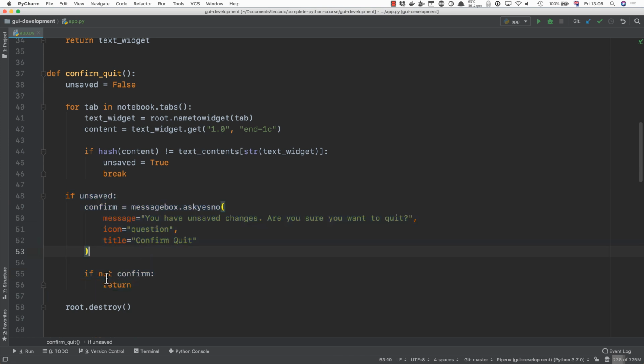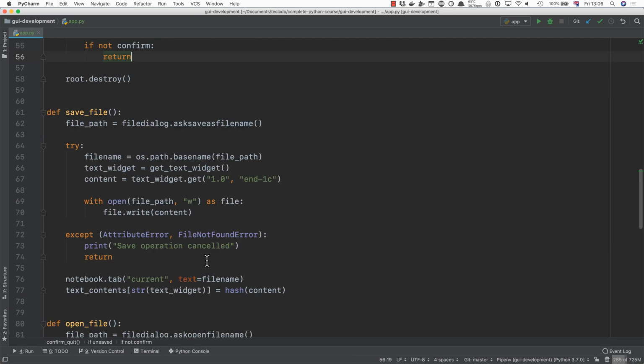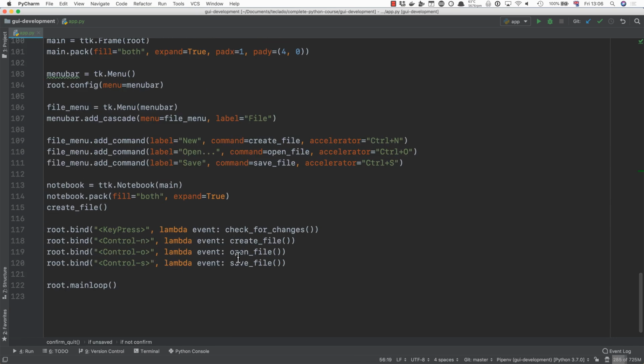to confirm. If they confirm saying that they do not want to quit, that means they click no, then confirm will be false, and then we will just return and not run root destroy. However, if they do not say no, that means that not confirm will be false, so we will then root destroy. Next up, we do have to add a way of calling that function, and we're going to do that